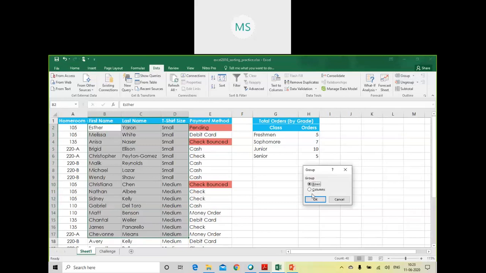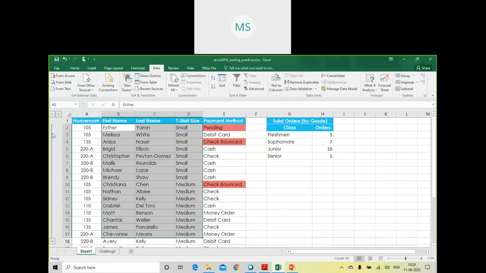The moment I click on it, it provides me the option, right? Because I have selected a section of a sheet, not a row, not a column. Like in the previous example, we selected three separate columns only, not a section of the sheet. So it will allow you to select an option whether you want to create a group row wise or column wise, because I have not particularly selected a column or a row. As you can see, it is a combination of both, meaning I have selected a cell range. Now for a cell range, it will provide you the option whether you want to group it row wise or column wise. So if I select row, what happens?